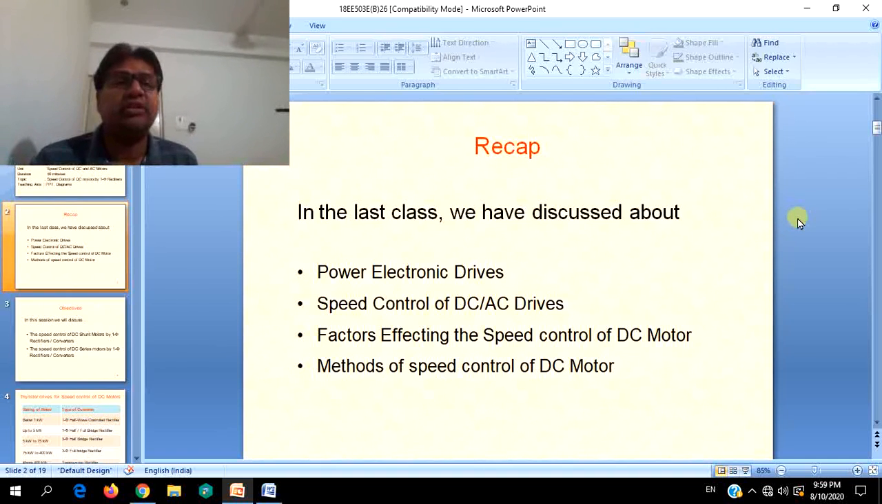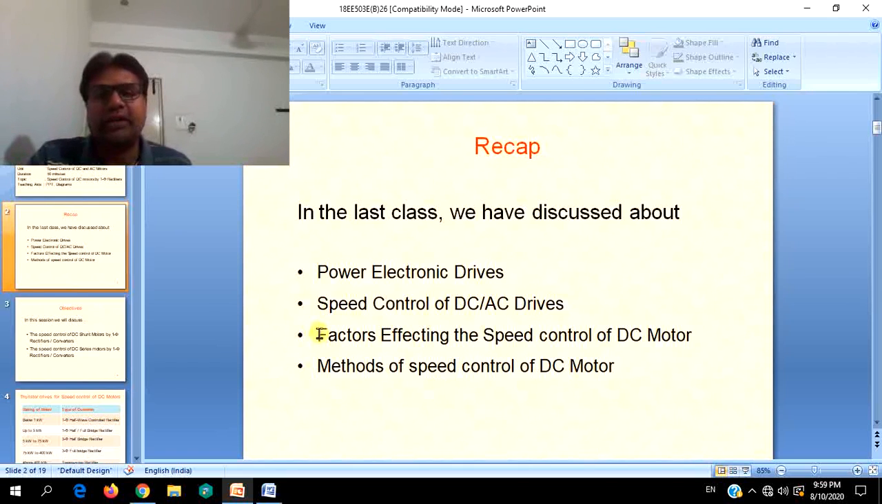In the previous session we have discussed the concepts of drives, electric drives and power electronic drives, their comparisons, advantages and disadvantages of power electronic drives. Next, speed control aspects of DC drives and AC drives, and again their advantages. And next, particularly the speed control aspects of DC motors were discussed, with